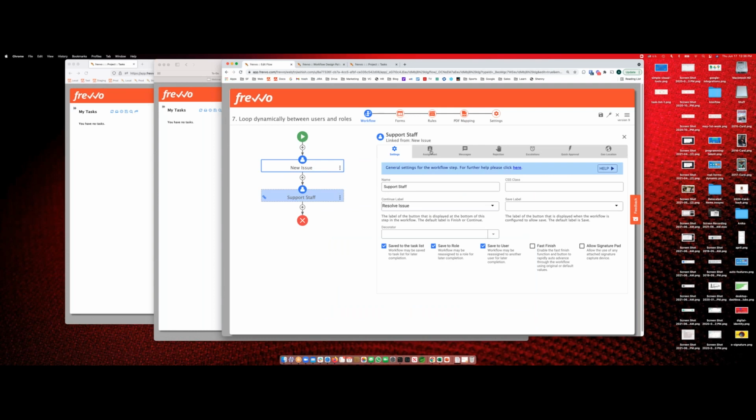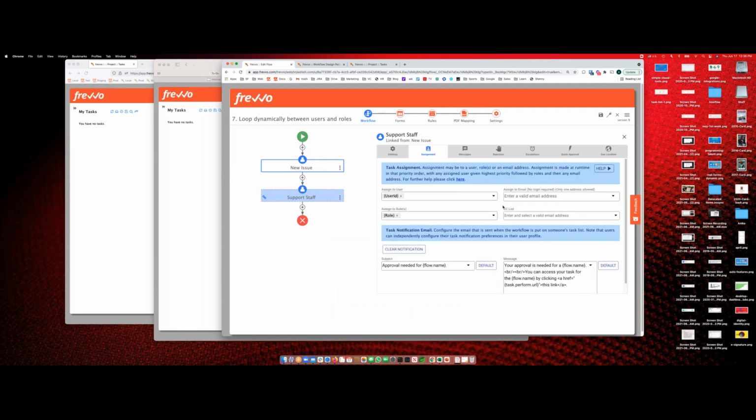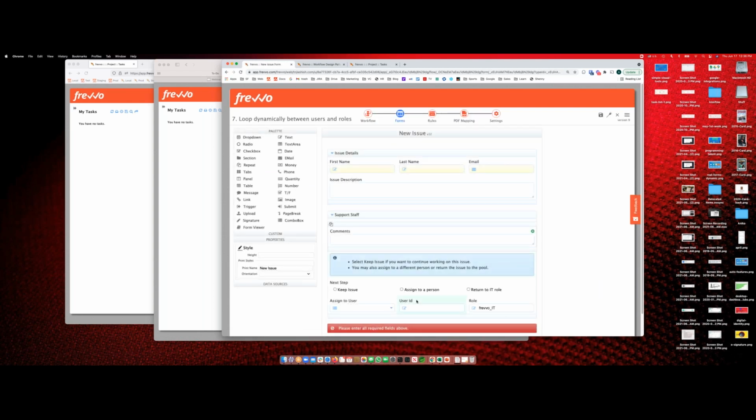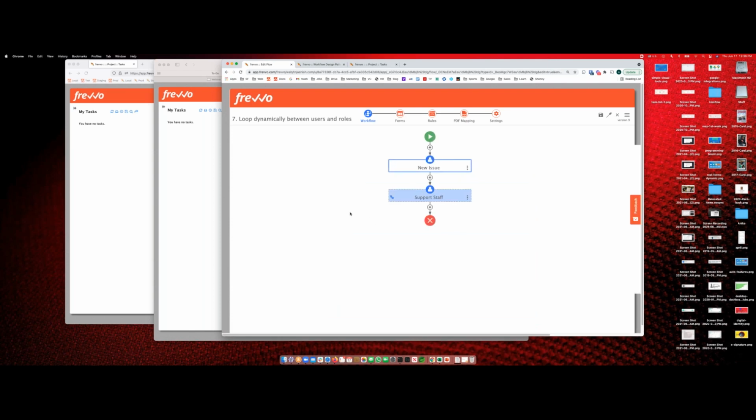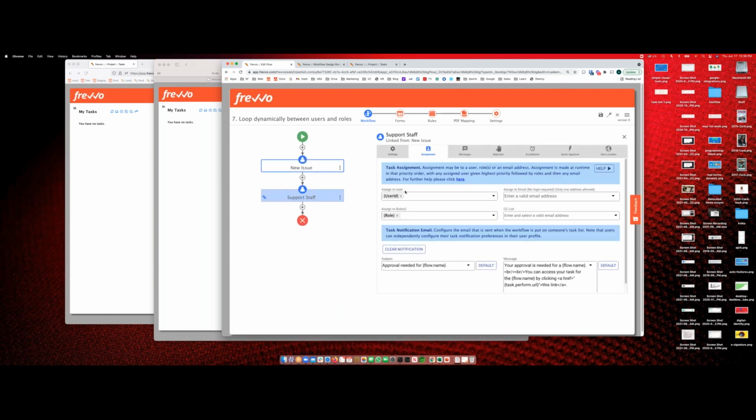How do you do this? Well, again, remember that these task assignments have a priority. So what we've done here is created a template again. This is again a control template because of the curly braces. So it's going to route to the value of user ID. If you go back to the form, we'll remember that we have a control called user ID and a control called role. So this thing is going to route to whoever is in that user ID,